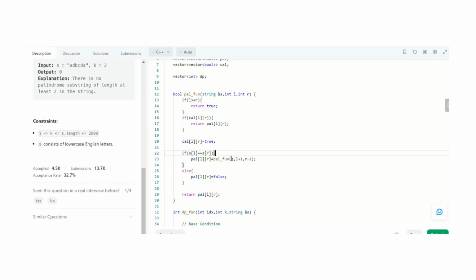If it is equal, we increment our left pointer and decrement our right pointer, and we fill this value in our palindromic 2D vector. Then we come to the else part, and we simply fill false in that case, because if both the characters are not equal, then this is not a palindrome, so we fill that value with false.